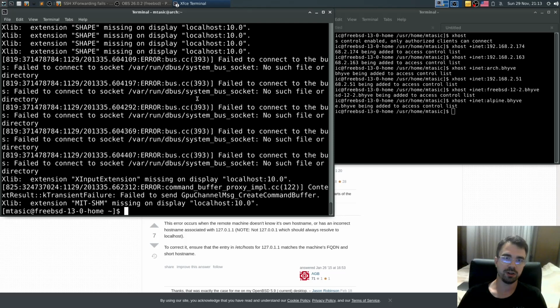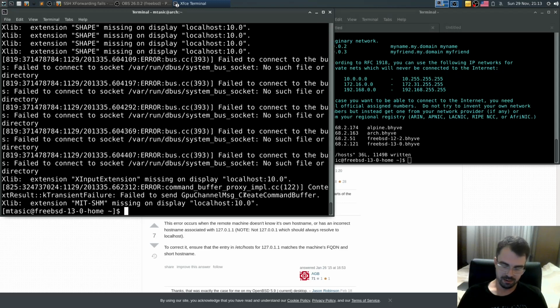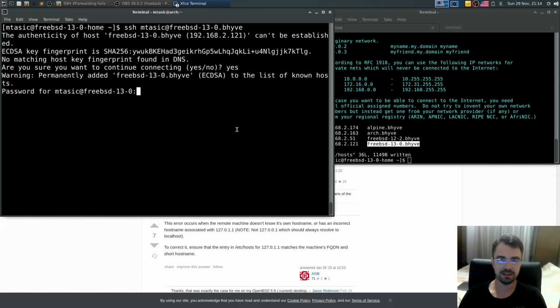Now we are going to SSH mdesic at FreeBSD 13.0 bhyve. Yes.